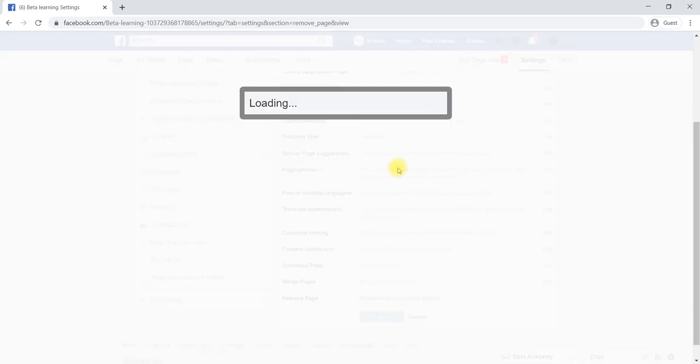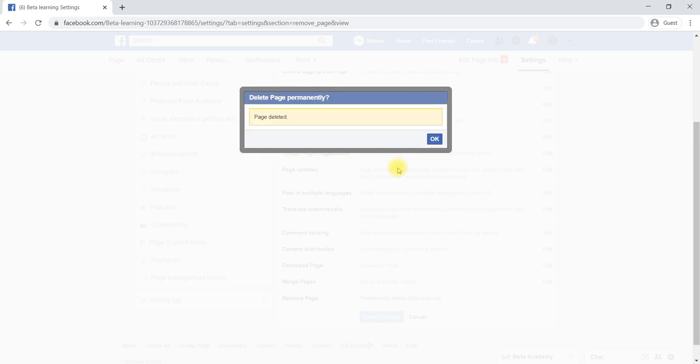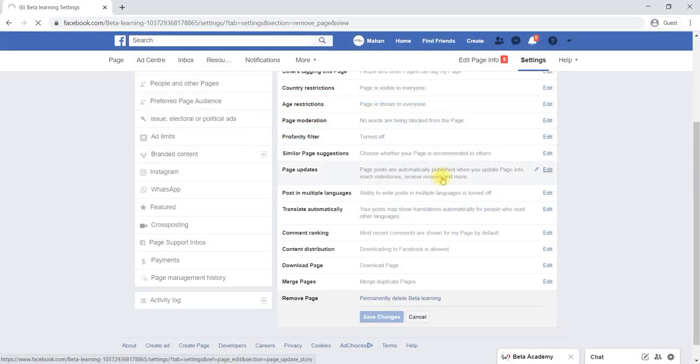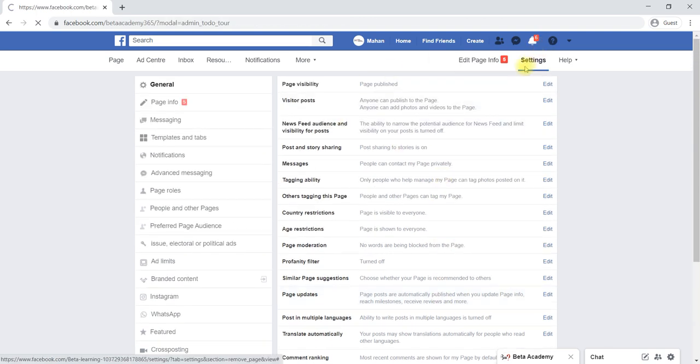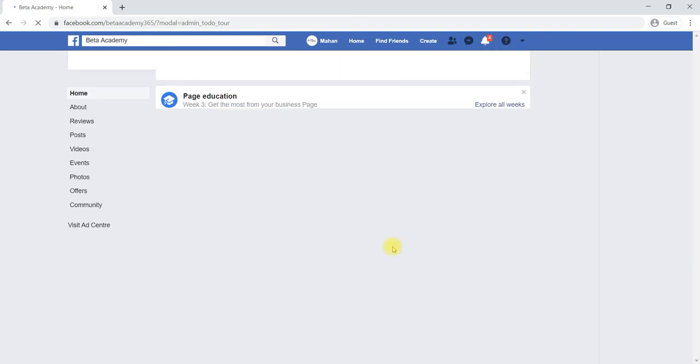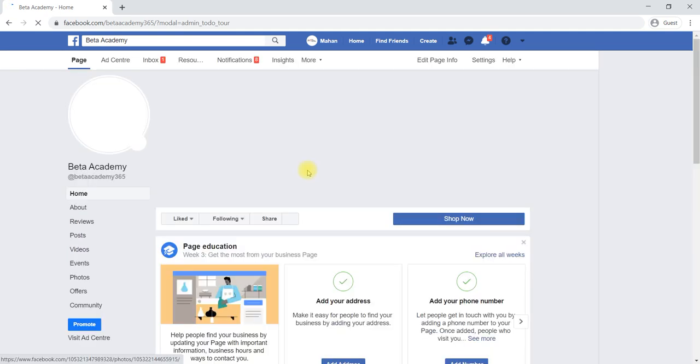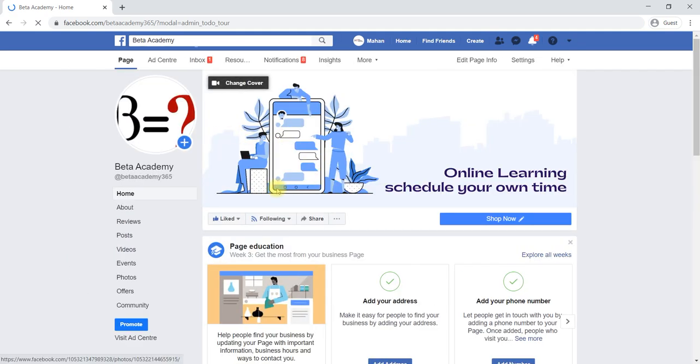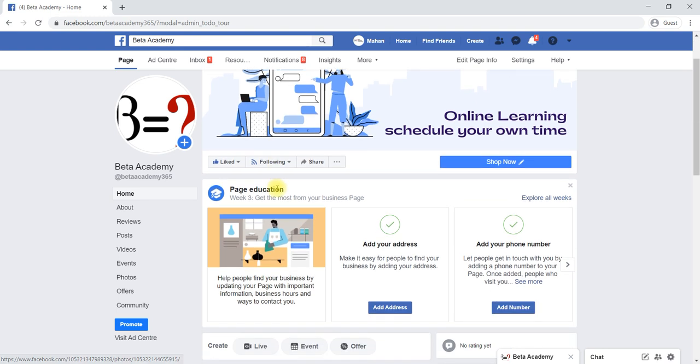Like this, that particular page can be deleted by using settings, general, and it has been deleted permanently. This is another official page we have. Only one page is there now. From the creation of pages till deleting a page, we have learned.